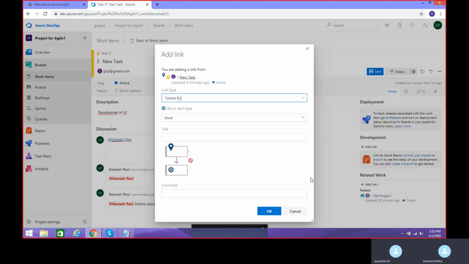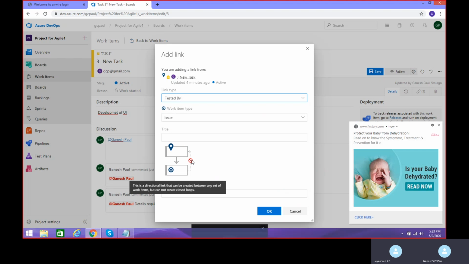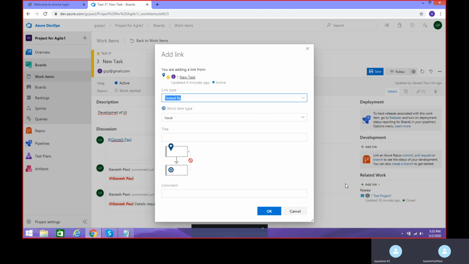There is a rule whenever you are linking: you cannot add two parents to a child. A child should have only a single parent. It cannot have two parents, but a parent can have many children. Let's see that option also. Go ahead and click on parent link type. Here, in the same window, you have selected tested by, right?